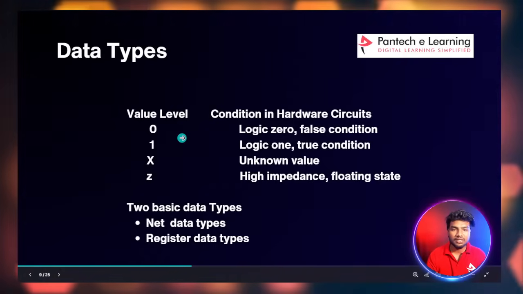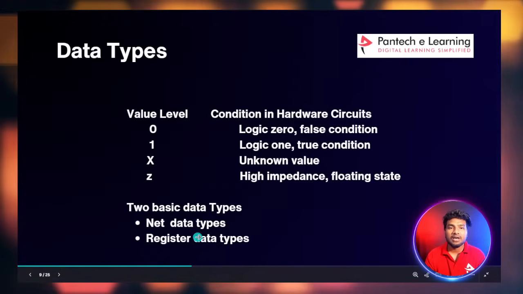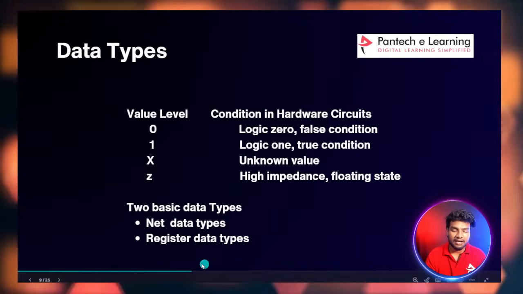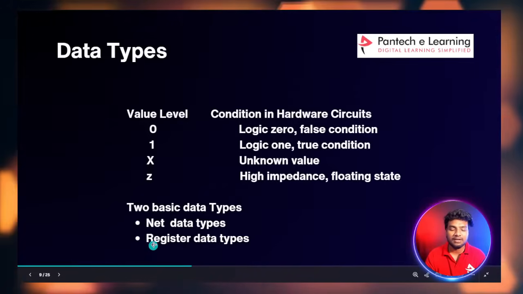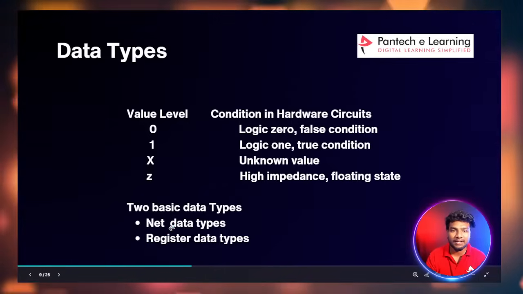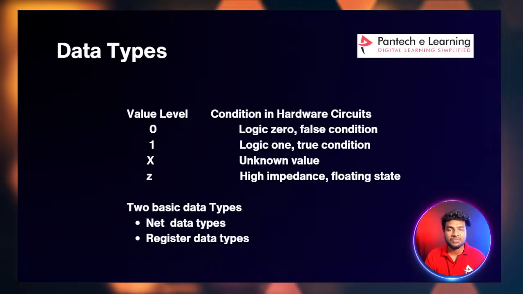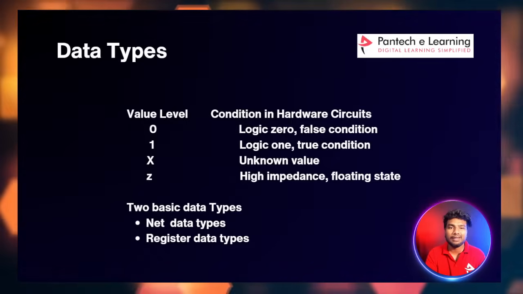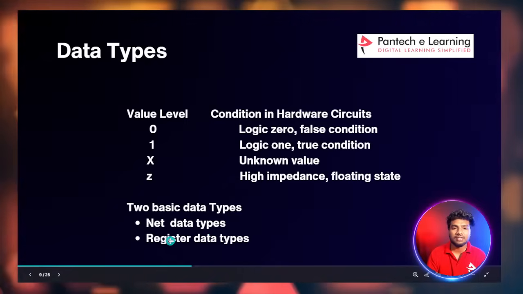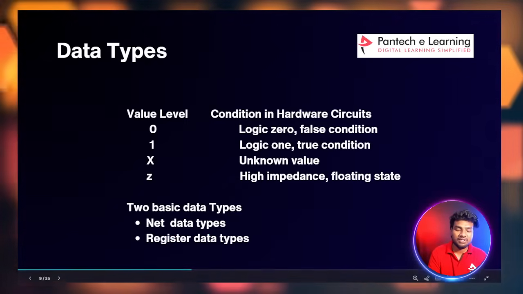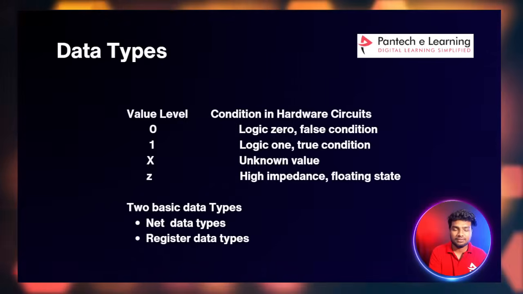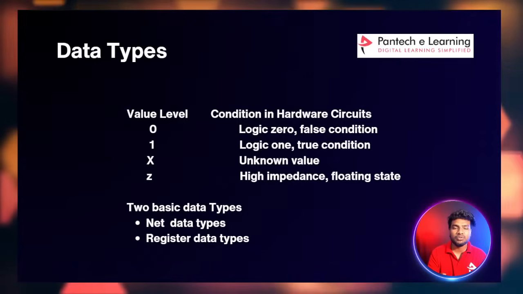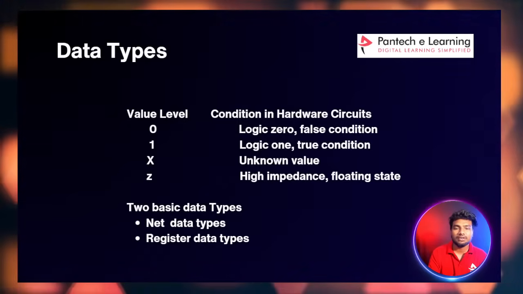Each of these data types, net and register, has some states. Net means we can use the wire keyword. Wire is one data type that comes under the net data type. By using wire we can get the output from the circuit or any logic. Register, as the name itself says, can store data. Register means reg. While writing the Verilog code, I will use the reg keyword, which refers to the register data type.